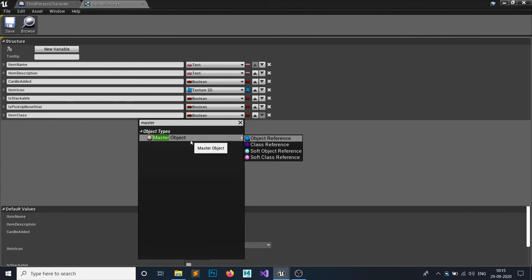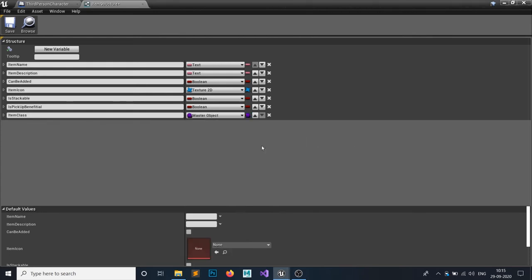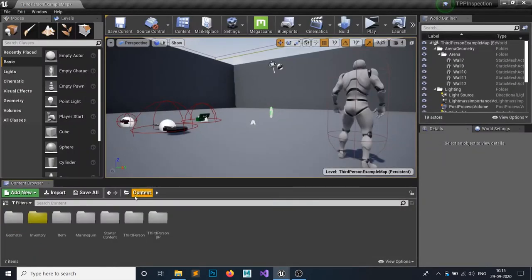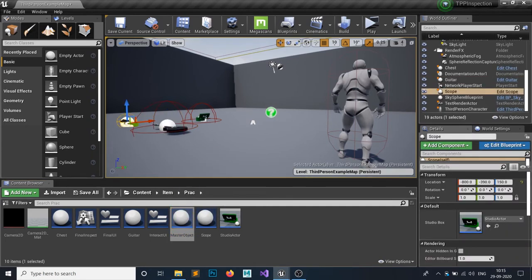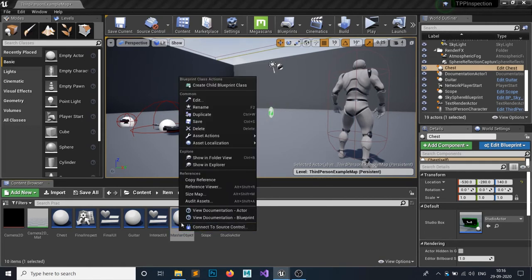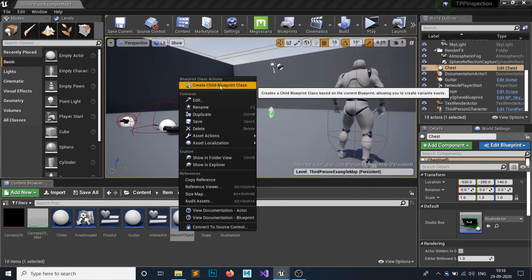So if you search for the master object, you can find this class reference. If you don't know where this master object came from, it's the item we have just created, the master object, all the items. So we have a guitar, a scope, and a slot, this chest. Let's say we want to make a herb from this, so just right click on it and create a new item